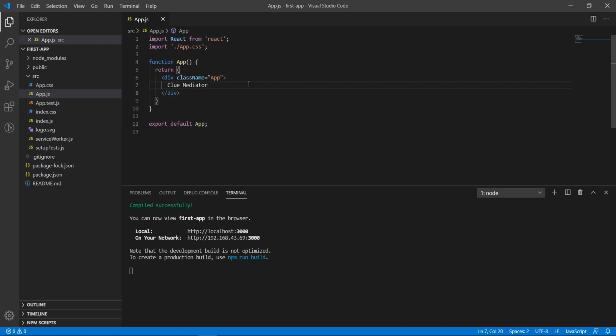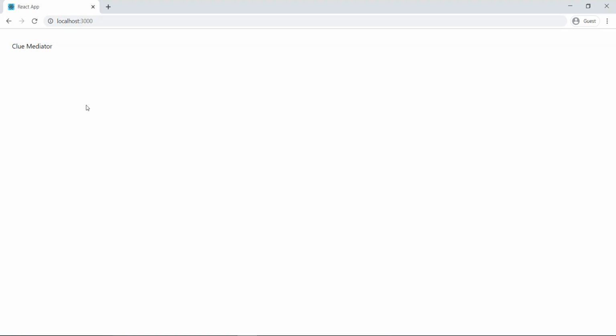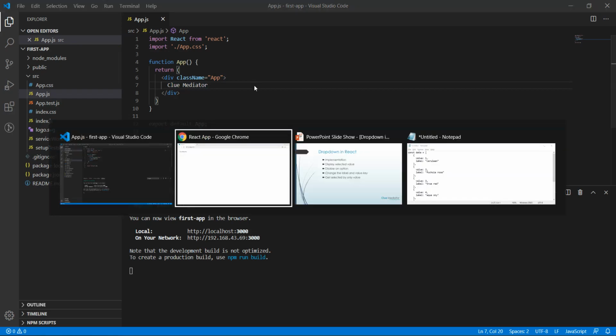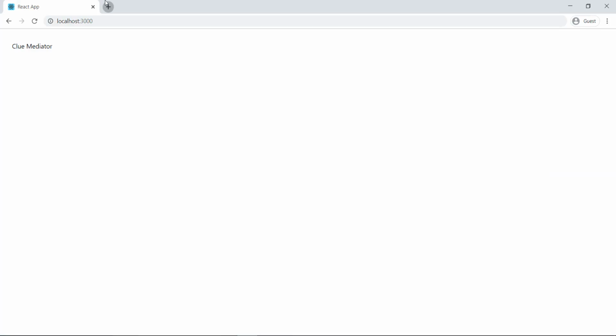Over here, I have removed some unnecessary code and written some text, and we'll check the output. It looks like this. First thing that I want to make clear, I'm focusing only on functionality. I'm not going to write any CSS or any other things. So how to implement dropdown in React?